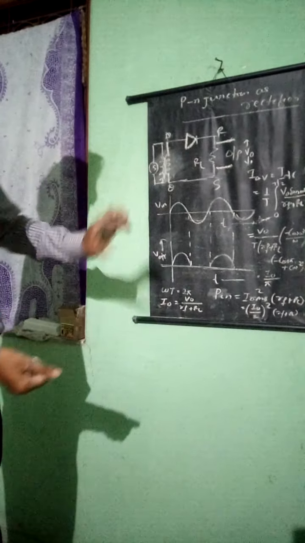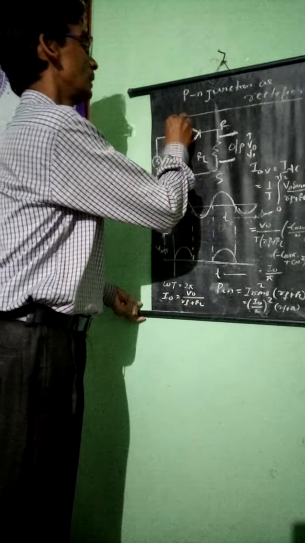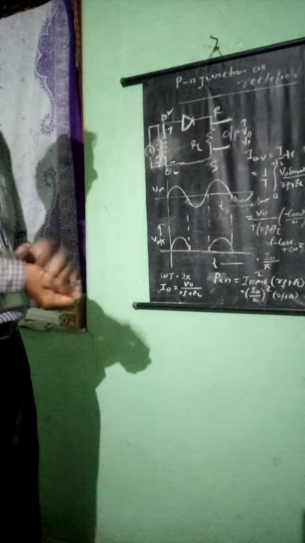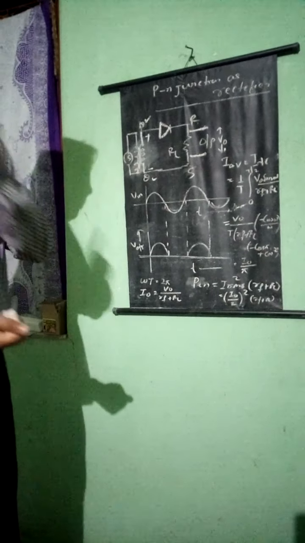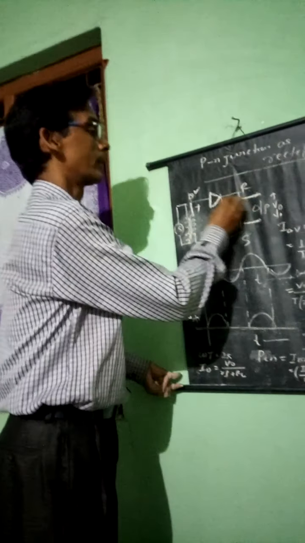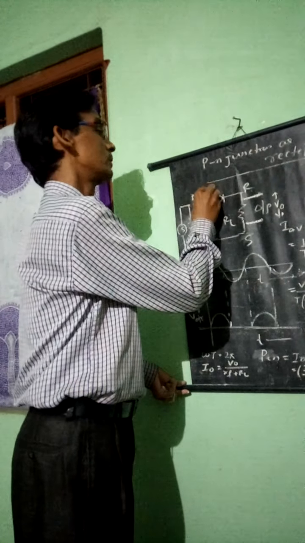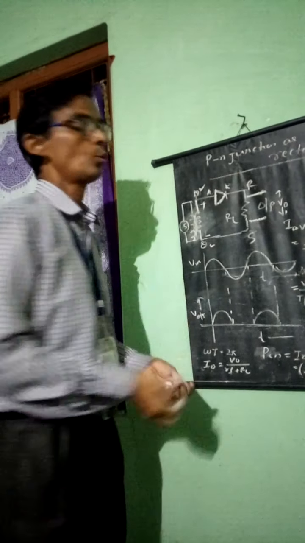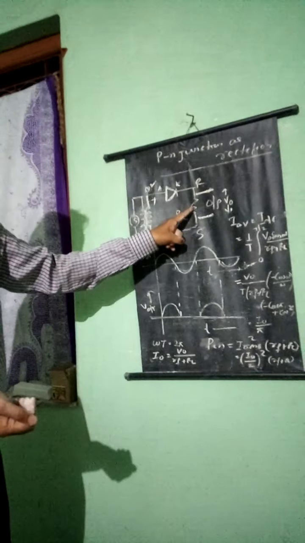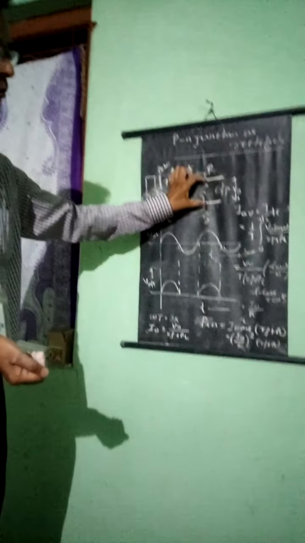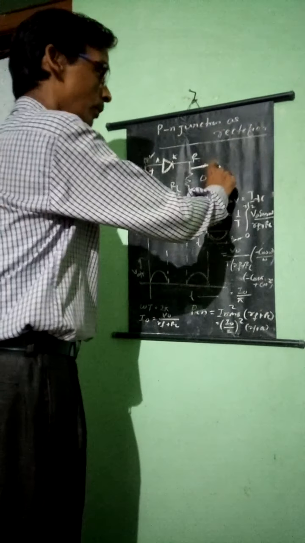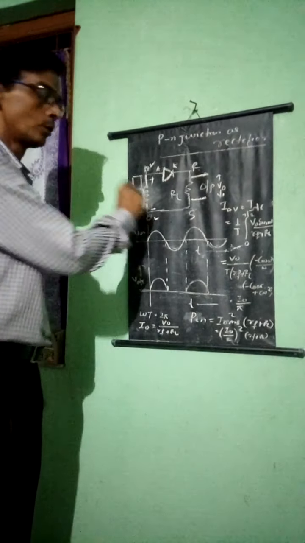One more thing to remember: when P is positive with respect to Q, what will happen? The diode will be forward biased, because the plus polarity is connected to the P side and the minus side is connected to the N side. These are called the anode and the cathode of the diode. Once current starts to flow through, obeying Ohm's law, there is a voltage drop across the resistor. That voltage you take as V0, the output voltage, for the input voltage you are supplying.